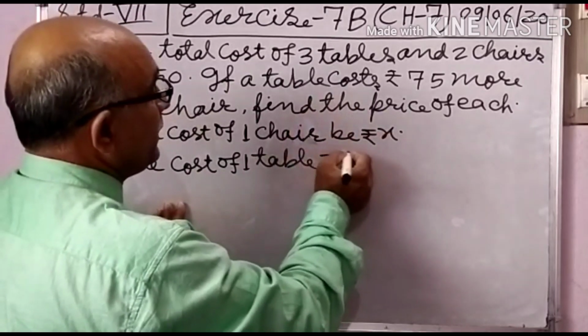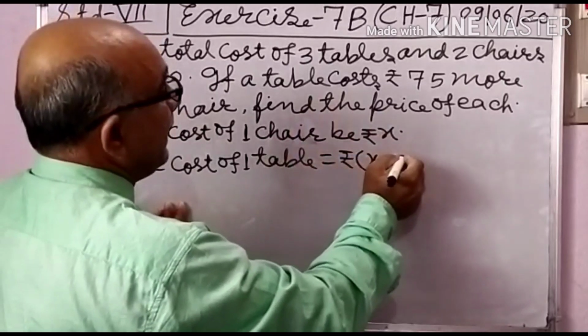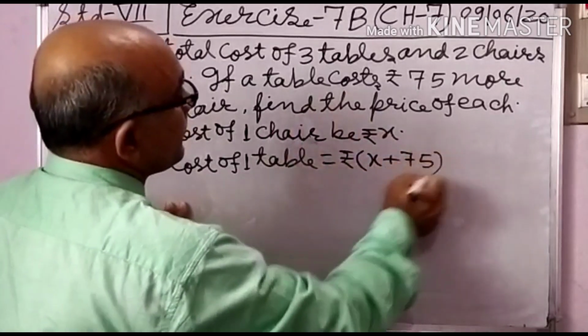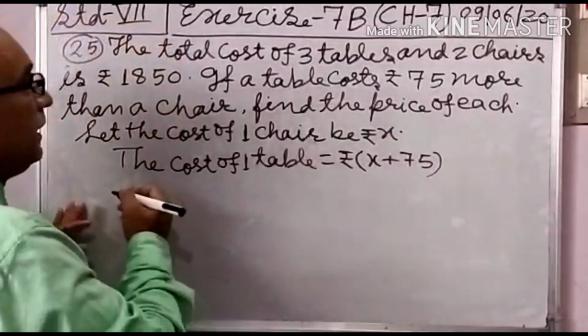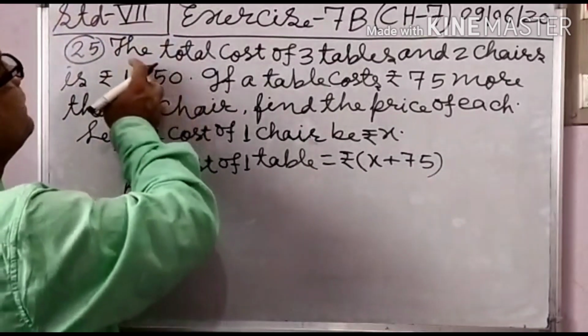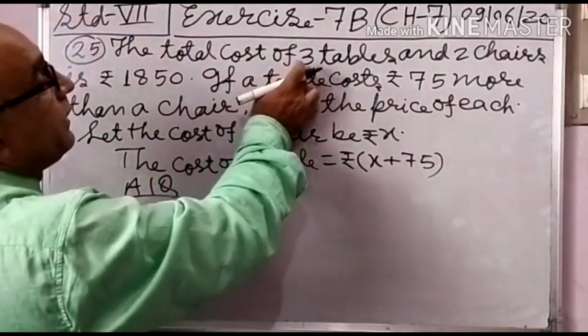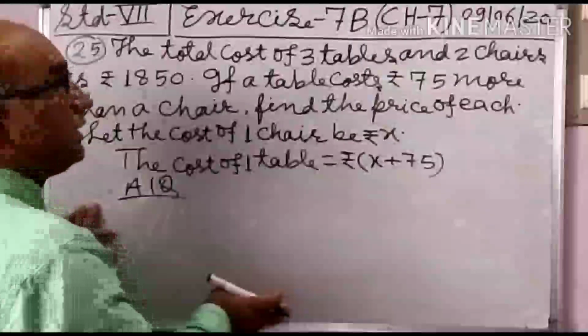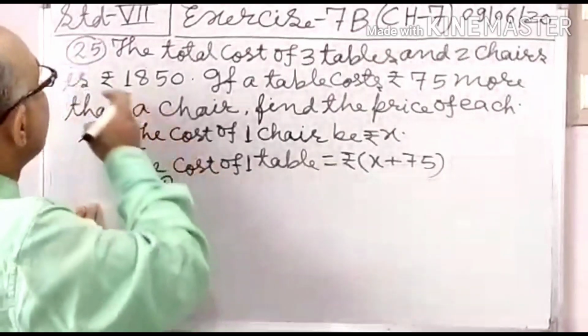So, rupees X plus 75. Students, according to the question, the total cost of 3 tables and 2 chairs is